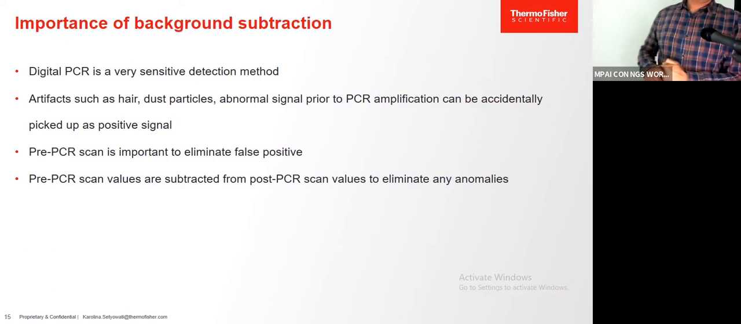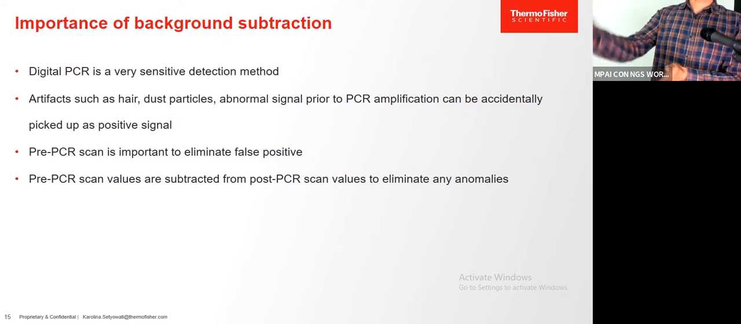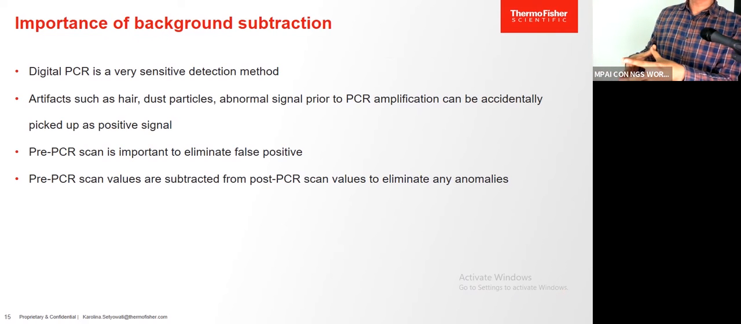Again, the background subtraction: digital PCR is a highly sensitive technology. The sensitivity level of NGS as well as qPCR is somewhere around 1 to 2%, and digital PCR starts from there and goes down to 0.05% sensitivity level. So it's highly sensitive, and sometimes non-PCR artifacts can also give you signals. So what we actually do,